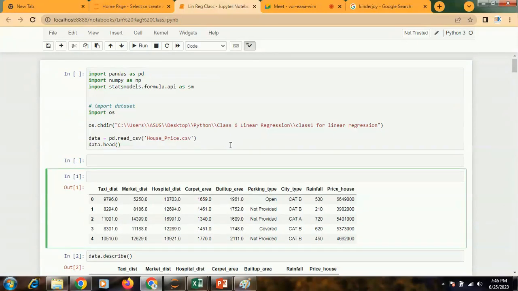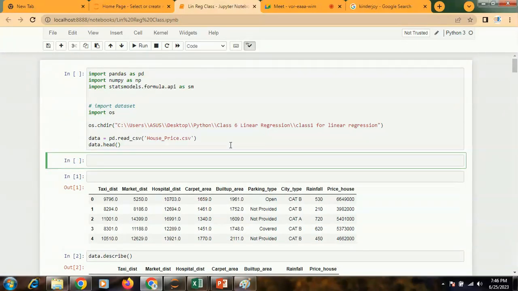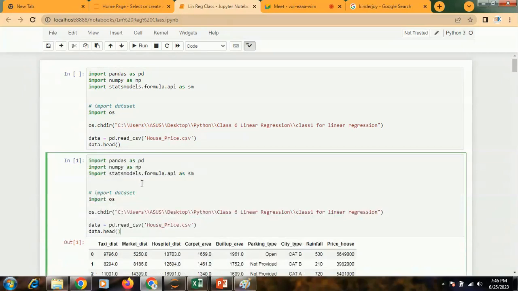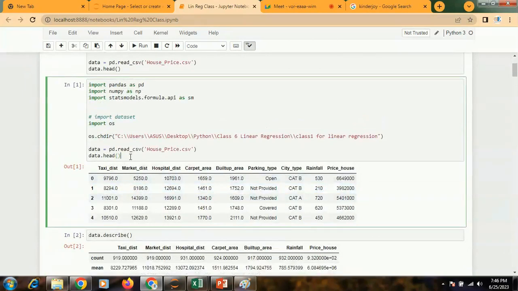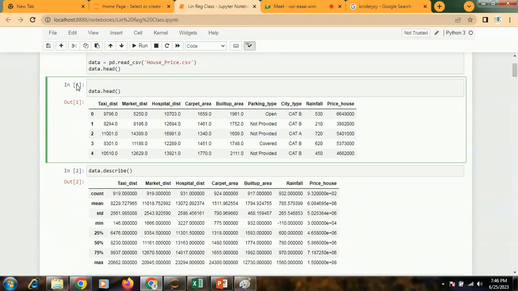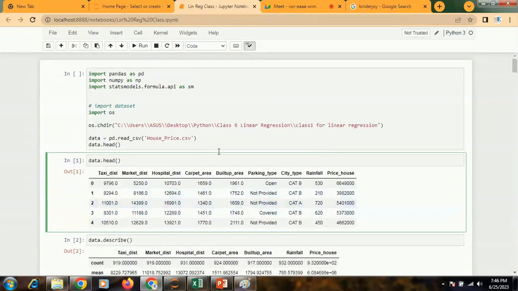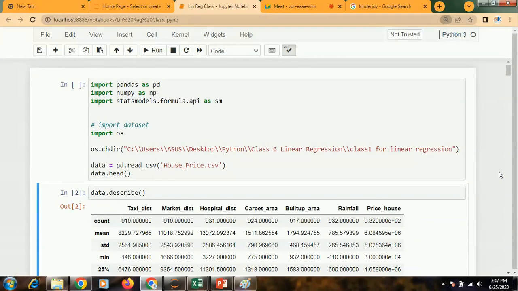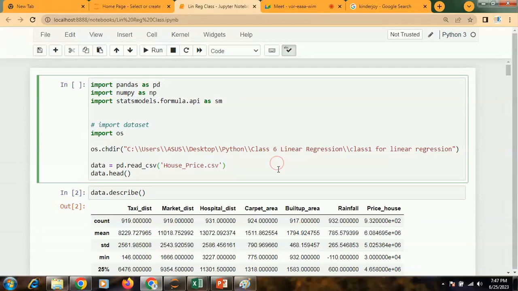Let me increase the font size a little bit. Now probably it's visible to you, right? Now I'll explain the codes to you.